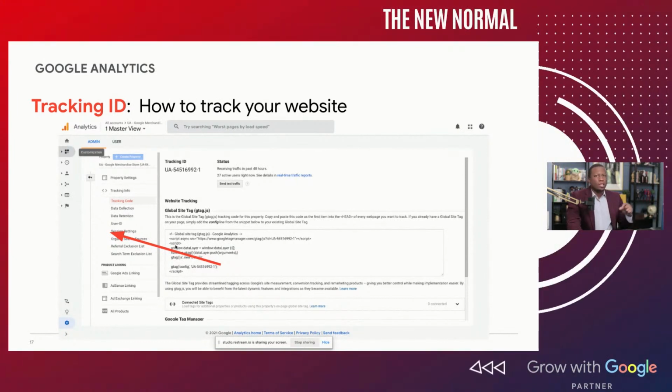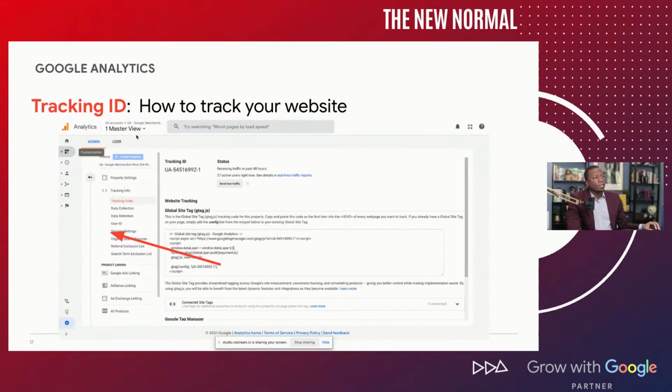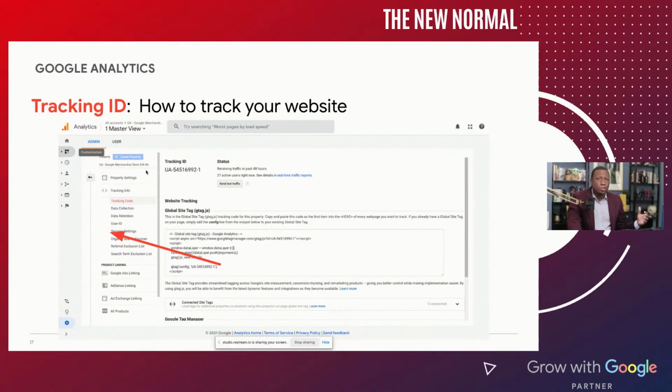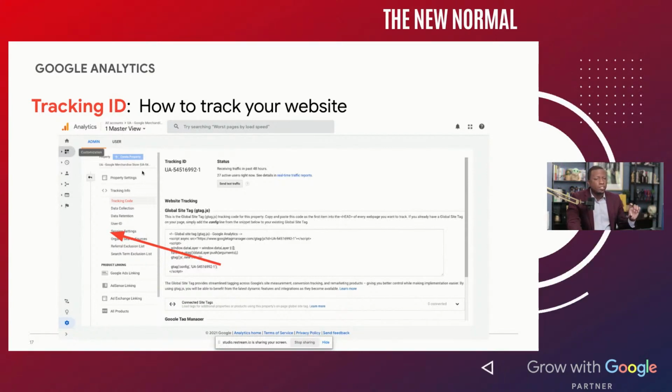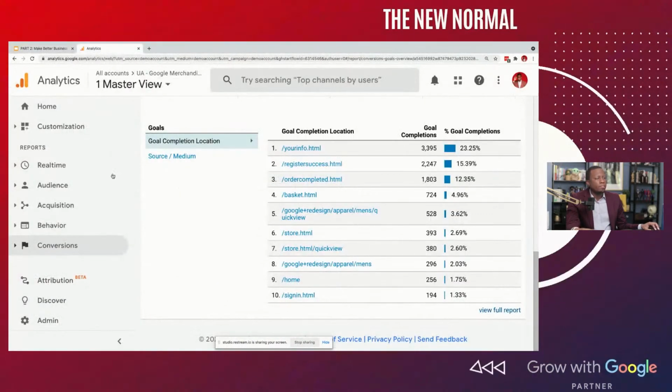So if you're using WordPress or one of those tools, you can ask your developer, or you can get into the code of your website and just paste this code in there. Also, there are a lot of plugins. If you're using Squarespace or some website builder, a lot of times there's a section, if you search in whatever platform your website is in, that says tracking code, and you copy this code and you put it in. Let me just show you quickly where to find that code.